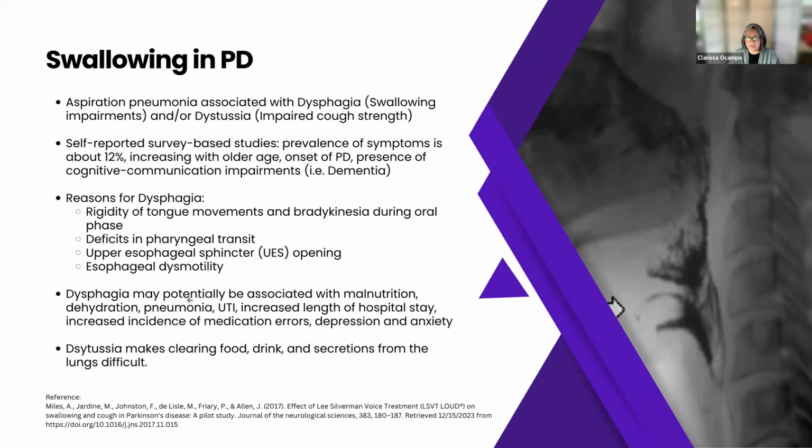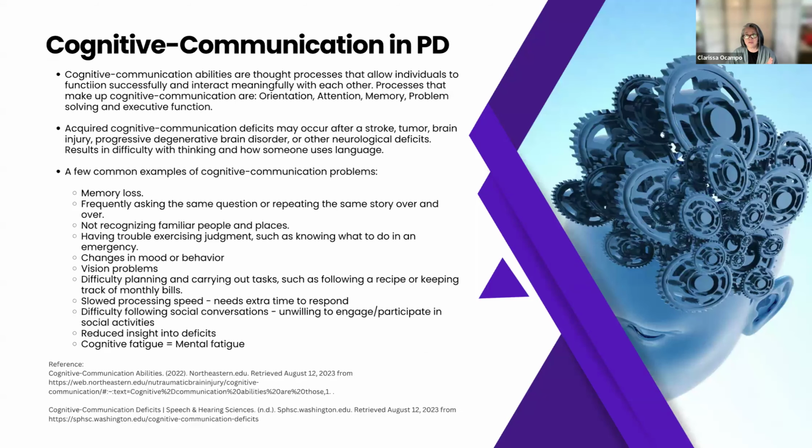And the risks that we look for with dysphagia is the fact that there isn't a proper absorption of the food. So you can have malnutrition, you can have dehydration, and of course that aspiration pneumonia. So there are other complications, other comorbidities that can happen when there is a swallowing disorder. The third component, so we have voice and then we have swallowing. The third component to Parkinson's is the cognitive piece.